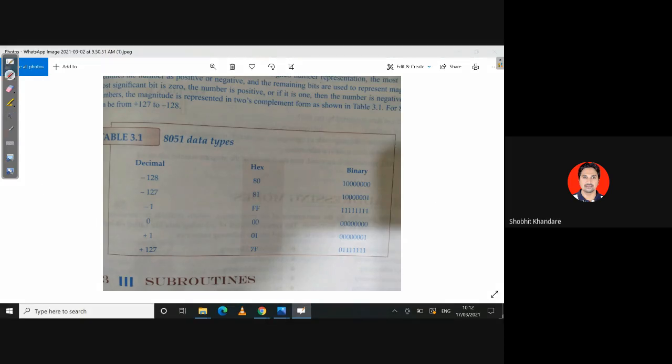Now whenever you say signed or unsigned, you have to be very, very careful. In the signed data, for example, if I'm dealing with 8 bits, you have the bits B0, B1, B2, dot dot dot, at the last you have B7, starting from B0.